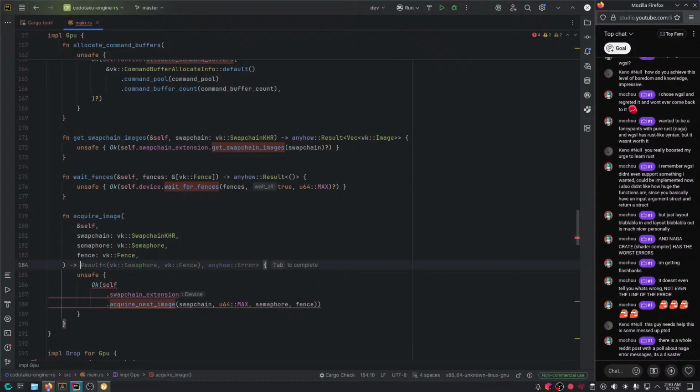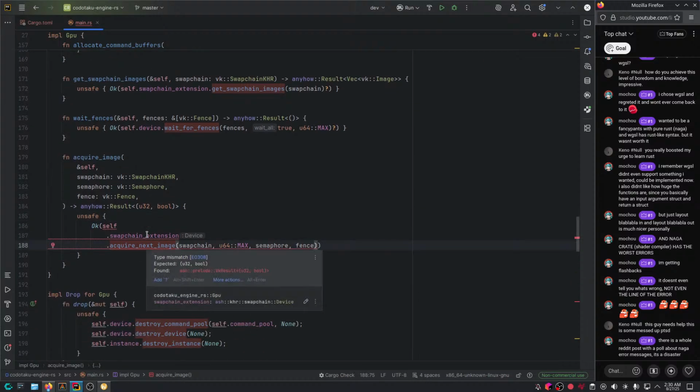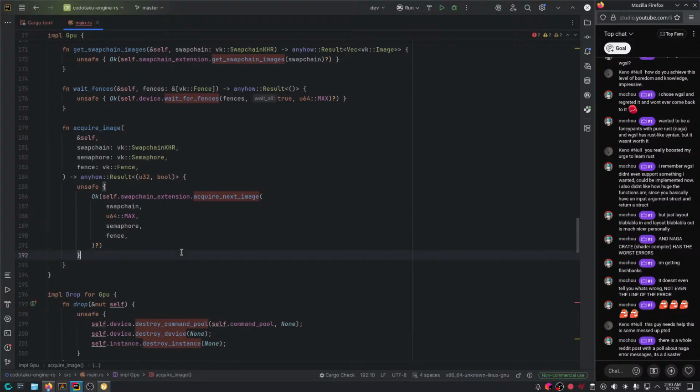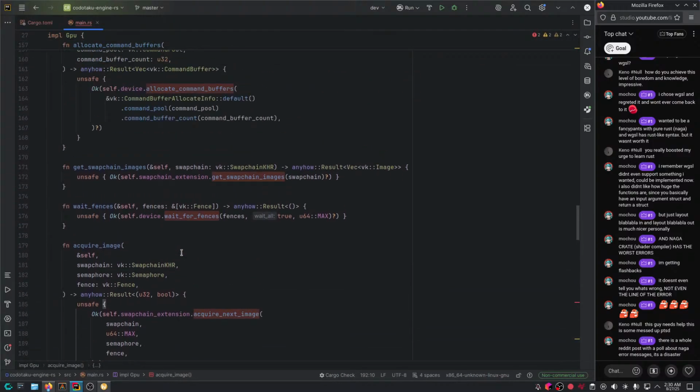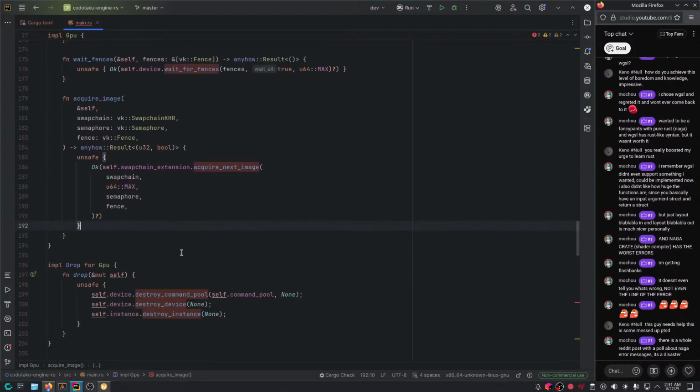Alright, fine. So basically, anyhow result, u32 and bool. And there we go. Now, what are we gonna do with this? Add that, and there we go. Perfect. That's the acquire image function. What else?